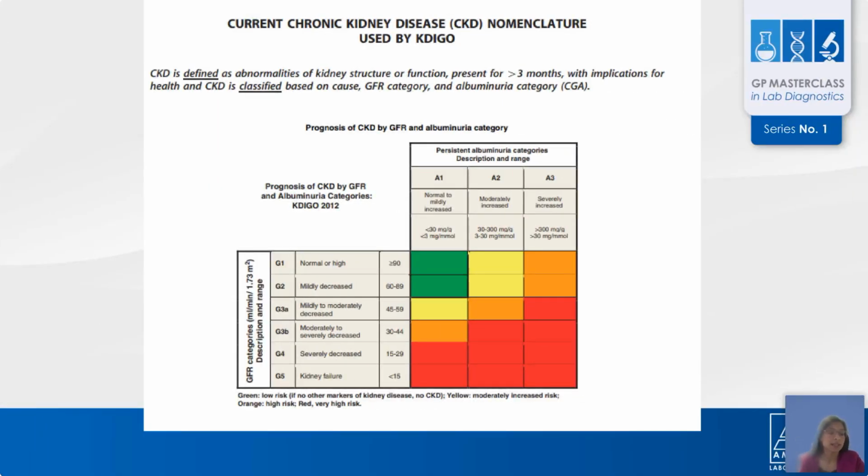The most recent KDIGO clinical practice guidelines were actually released in 2024. They recommend testing people at risk for chronic kidney disease using both urine albumin to creatinine ratios and the estimated GFR. Following the incidental detection of elevated albumin to creatinine ratio, hematuria, or a low GFR, repeat testing should be done to exclude acute kidney injury or acute kidney disease.